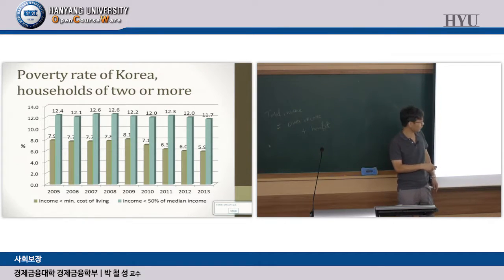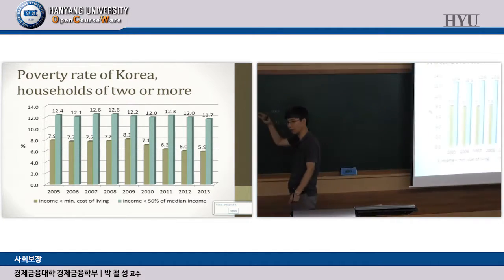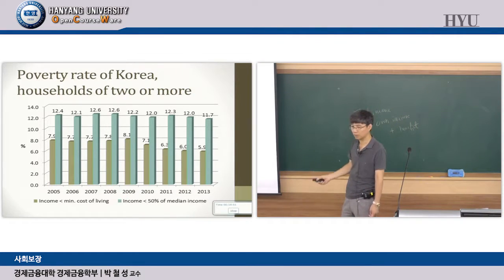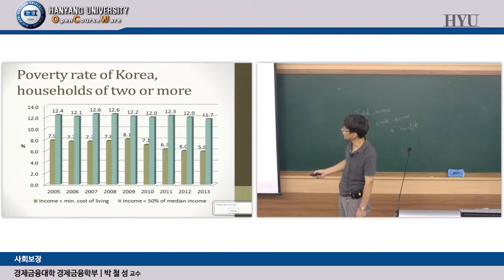For example, let's say households get richer in general, then you can obviously see the median income will go up. Then this number will be higher. If the households get poorer in general, then this number will go down. So it depends on how all the other households are doing, these numbers will change. So that's why we call this relative poverty rate. And as you can see, this is around 12%.